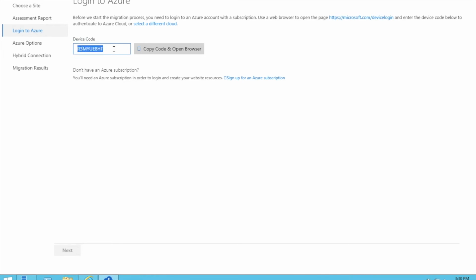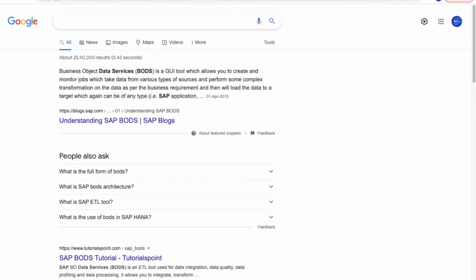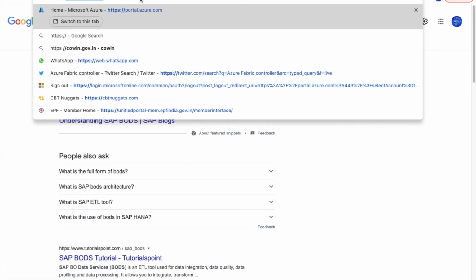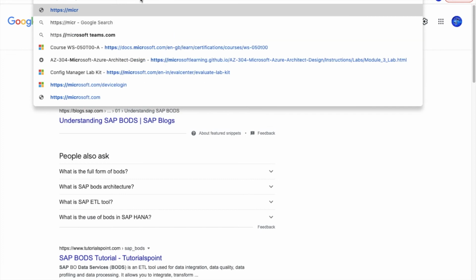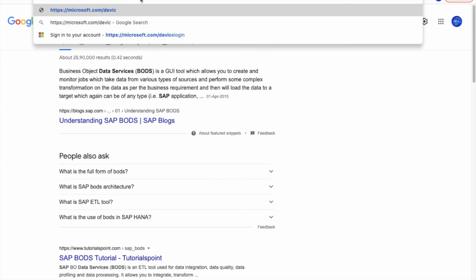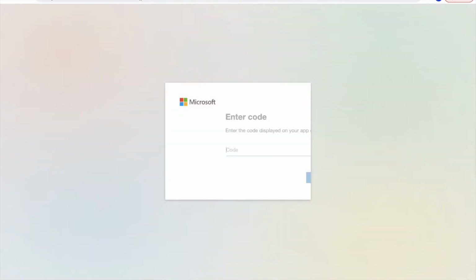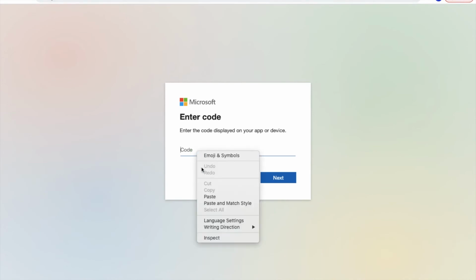We are going to copy this code here, and I am going to open a website, which is https://microsoft.com/devicelogin. This is the website that we have to open, and we have to paste the code here and click on Next.